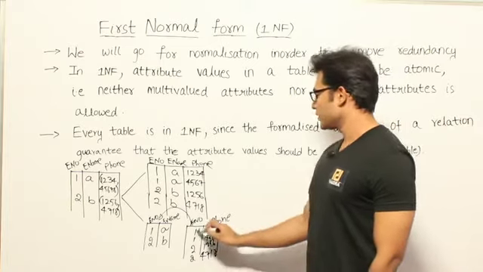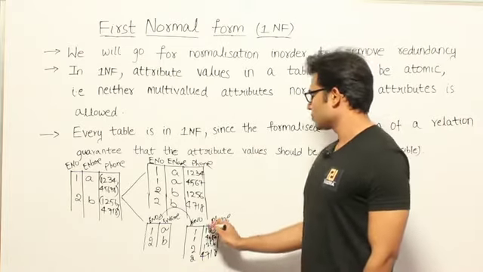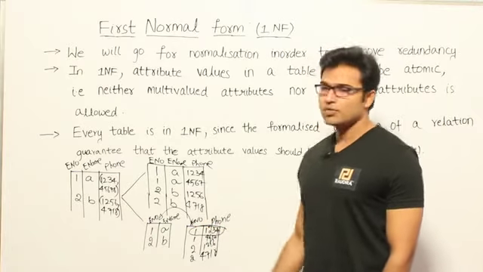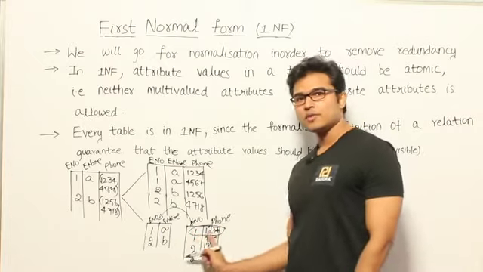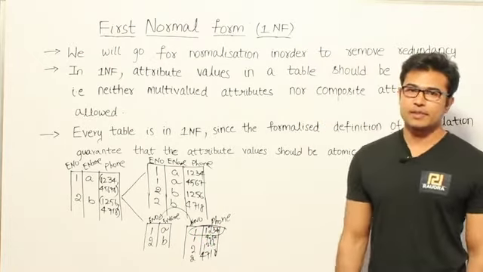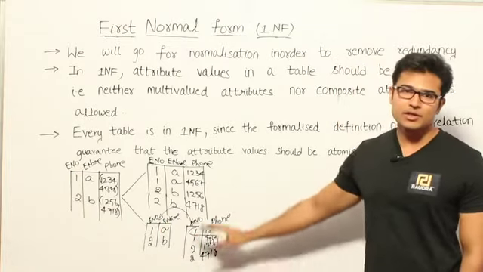I'll combine, see, one cannot be a key here because one is not unique. So I'll combine these two, employee number and phone number together, to form the key, right? And one will be the foreign key and these two will be the primary key for this table. Got it? Now one will be referring to this and both of them will be unique for the entire table,